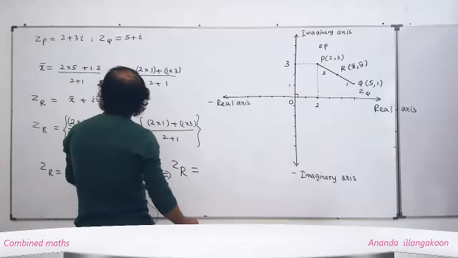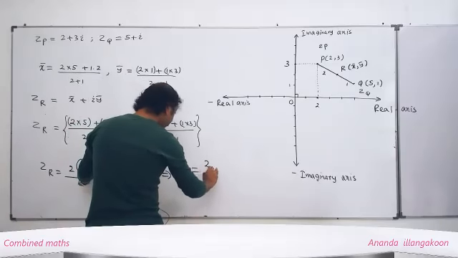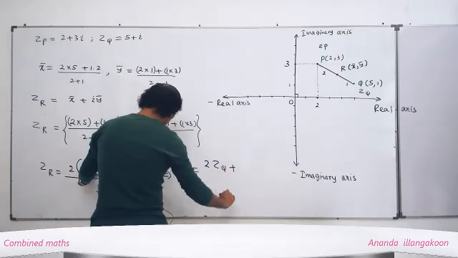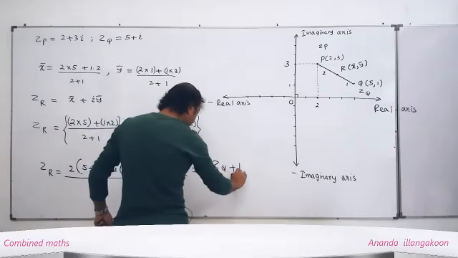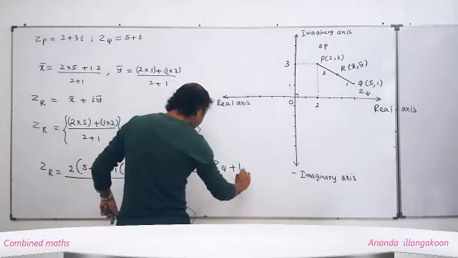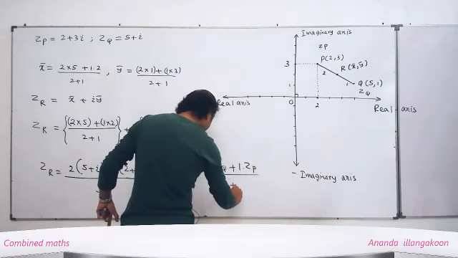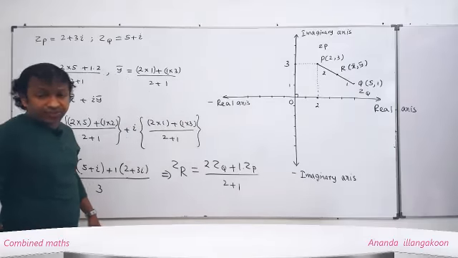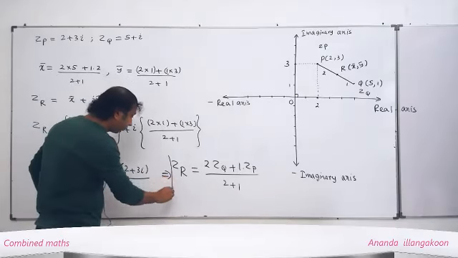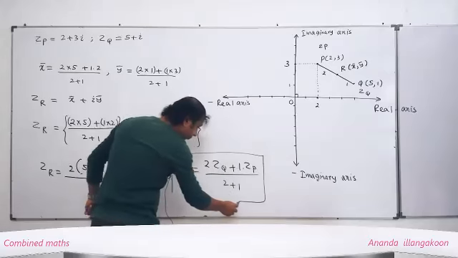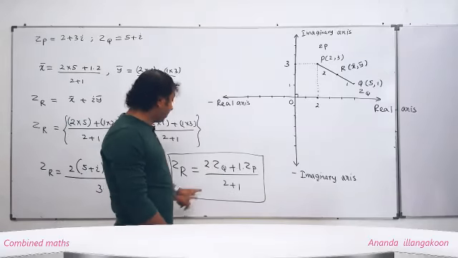This is Z cube, 2 times Z cube. This is 1 times 2 plus 3i, Z P, over 2 plus 1. See people, what is this result? The complex number given by R